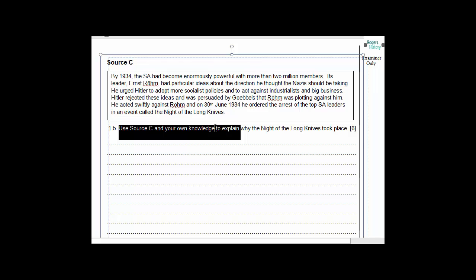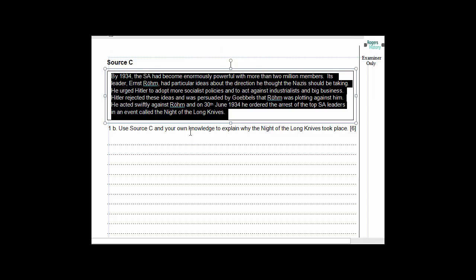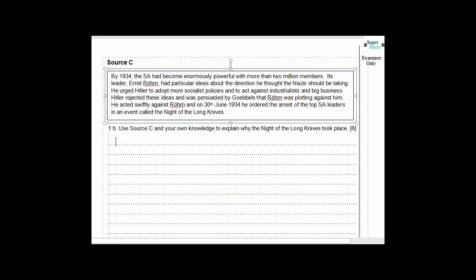So the one that you're going to get, question 1B, will start off with use source C and your own knowledge to explain. In this case, it's why the Night of the Long Knives took place. Again, I would suggest it's a written source. Spend a minute, perhaps, reading the source, making sure you understand it. Perhaps you might want to take your pen and underline some key bits of the source that you think stand out to you. When you write the answer, I always suggest starting off with source C says,